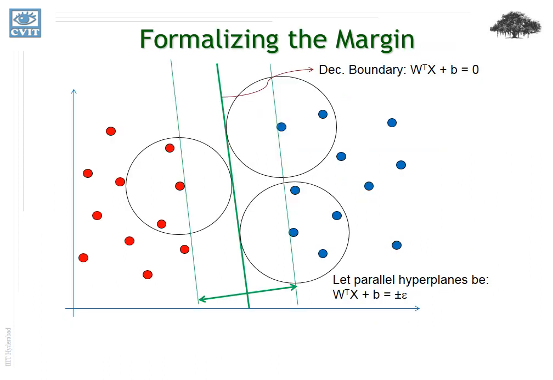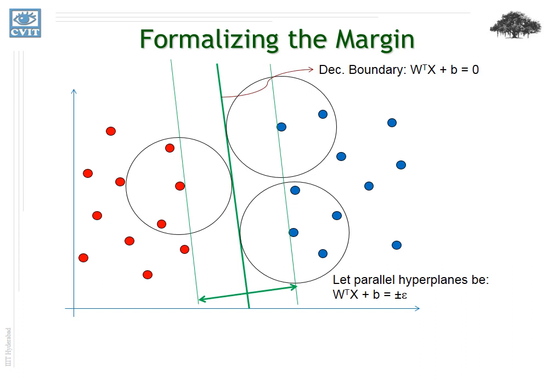So now that we have introduced a formal justification as to why we want to maximize the margin, let us try to derive a method to do so. And to do that, we will first introduce some formalism. Let's assume that we have a set of training samples, and let's say we have a decision boundary that we are considering, and the equation of the decision boundary would be given by W transpose X plus B equal to 0, where W are the coefficients of the hyperplane, and B is the constant term,